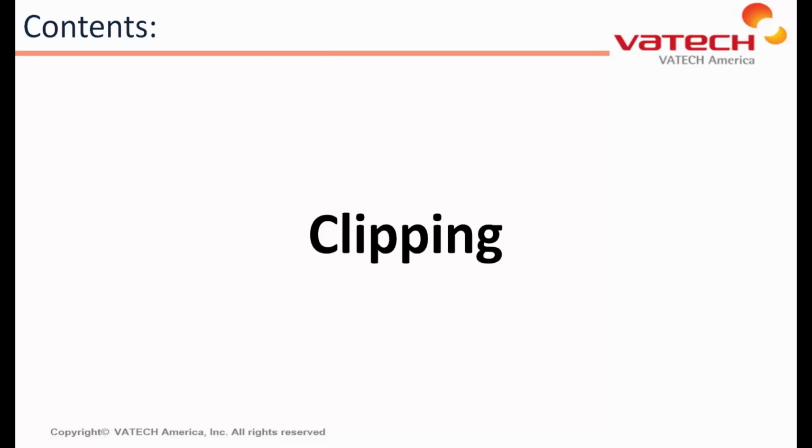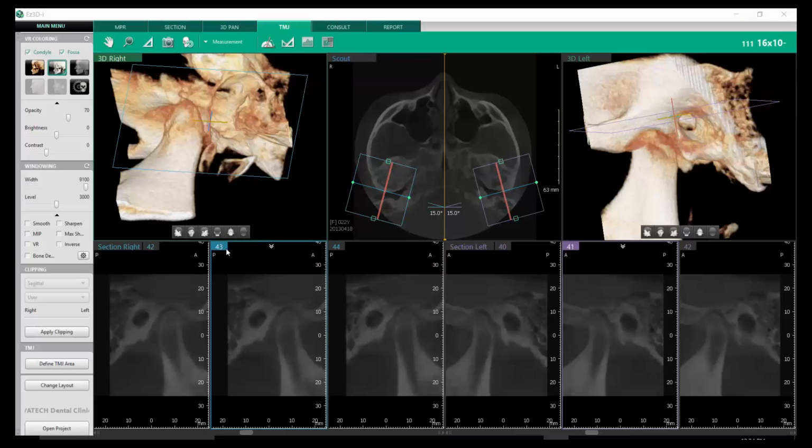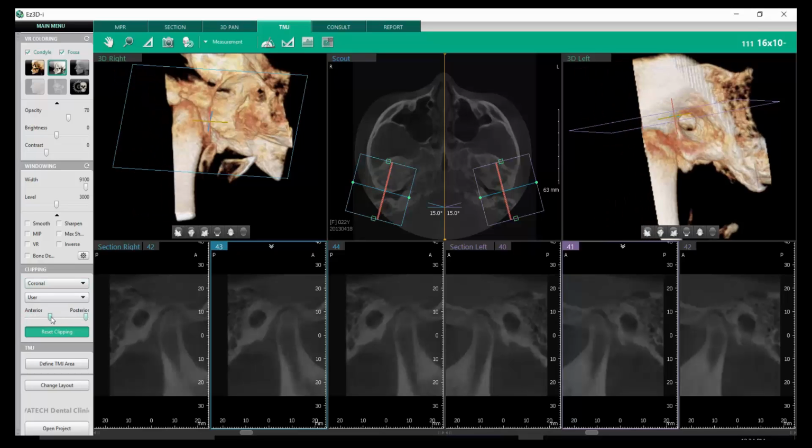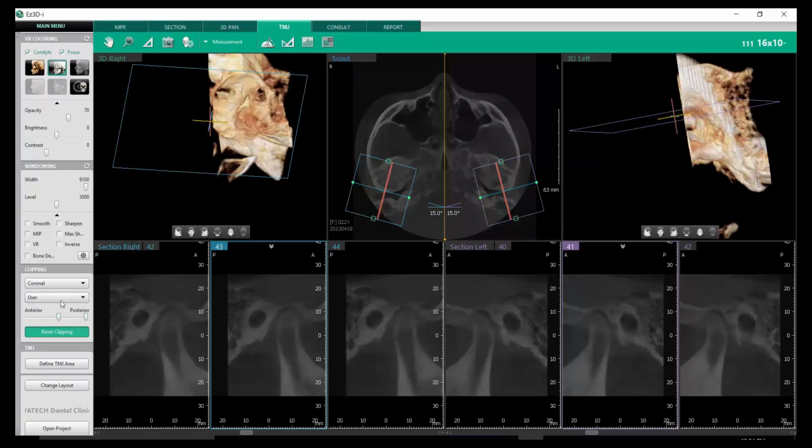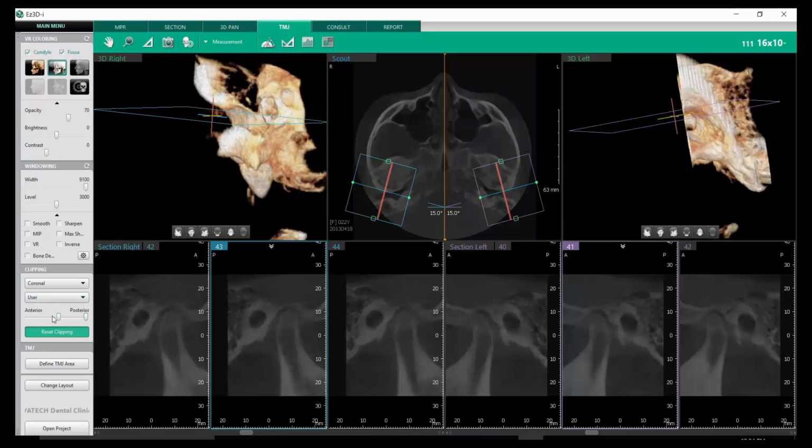Next topic, clipping. Continuing from the TMJ tab itself, we have the ability to access the clipping utility by clicking on Apply Clipping. And then from there, from the drop-down menu, we can choose either sagittal, coronal, axial, or smart clipping. We'll demonstrate first using the coronal clipping, and by left clicking, slide from left to right to adjust anterior posterior,